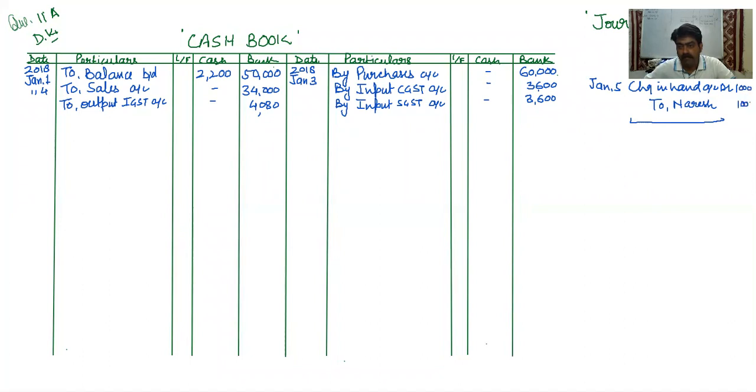After this, you can see on January 8, cheque received from Naresh endorsed to Suresh in full settlement of his account of rupees 1,050. Again, treatment will not come in the cash book. Treatment will come in the journal proper. So we are simply endorsing this cheque to Suresh. So entry will be Suresh debit, and Suresh will be debited by 1,050, and we are giving him a cheque of rupees 1,000. So to cheque in hand, and that is 1,000, and this time we are receiving a discount of rupees 50, to discount received account rupees 50.